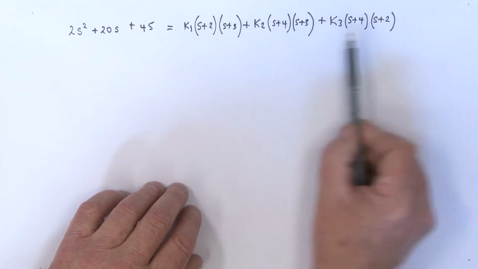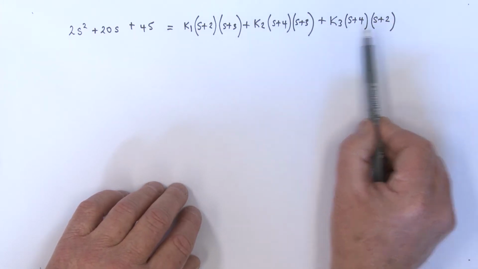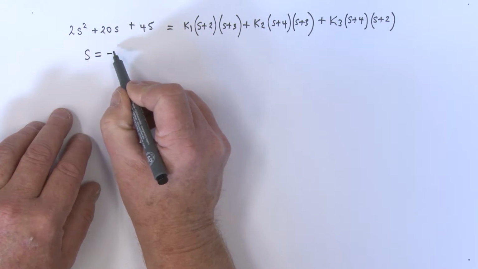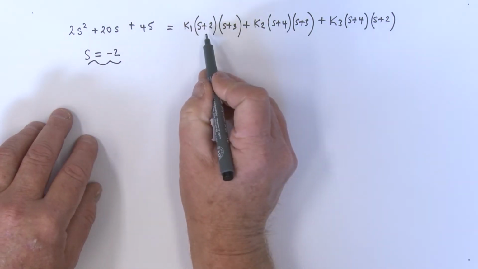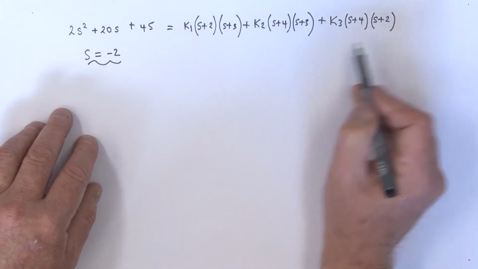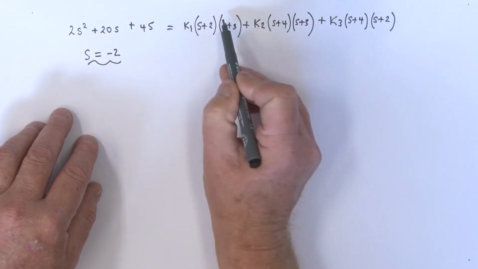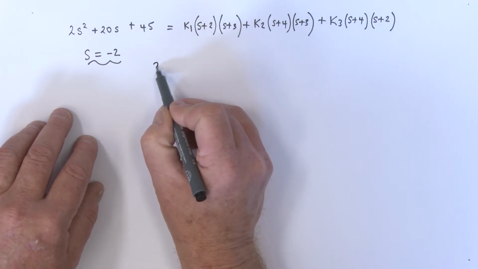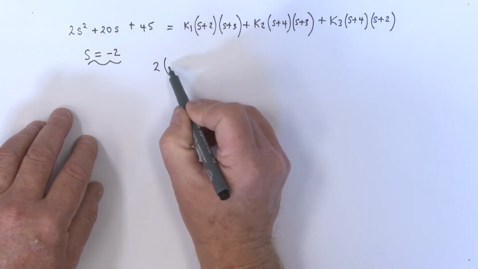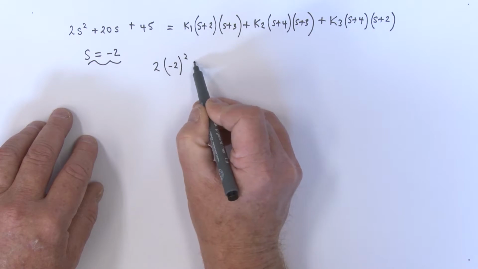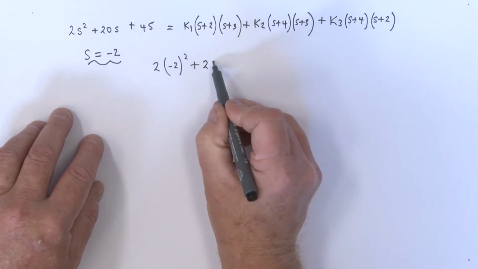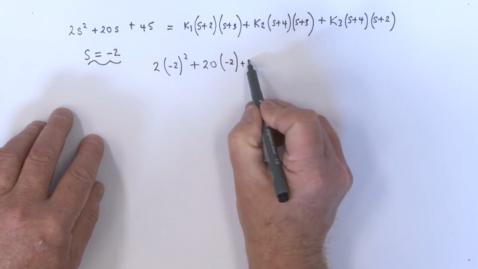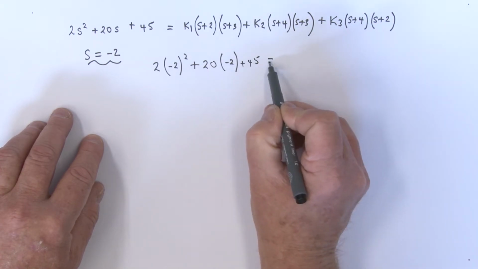There's an s plus 2 here, s plus 2 over here. So really, if we make s equal to -2 and put that into this equation, we'll find that this term is going to go, and this term is going to go. So let's do that. We have 2s squared, so that's -2 squared, plus 20 times s, which is -2 for s, plus 45, and that is equal to